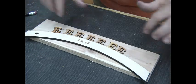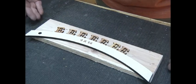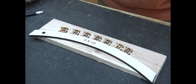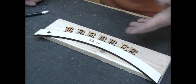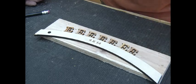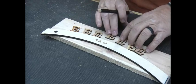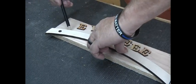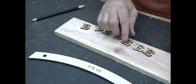Now the reason I picked these sizes, guys, it was arbitrary because these are my standard sizes that we've done for years, that Dad and I started with way back in the 70s. 4 by 14, 4 by 18, 6 by 24, 12 by 24. But again, I'll show you at the end how all these could be used in different situations. So again, I just kind of eyeballed it, but